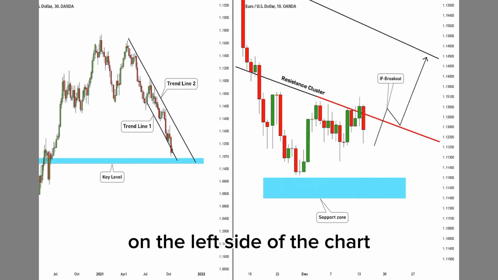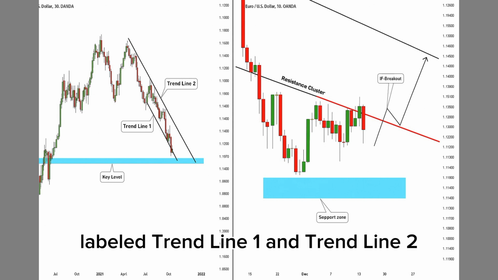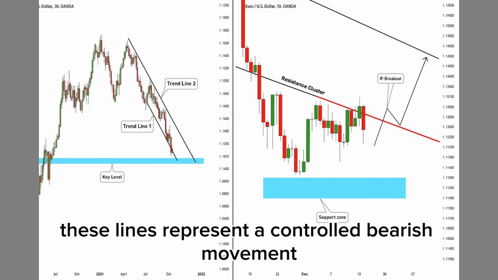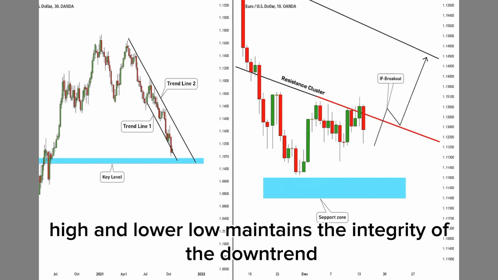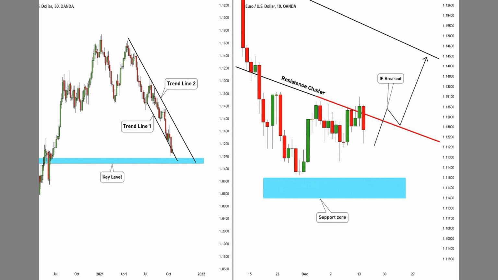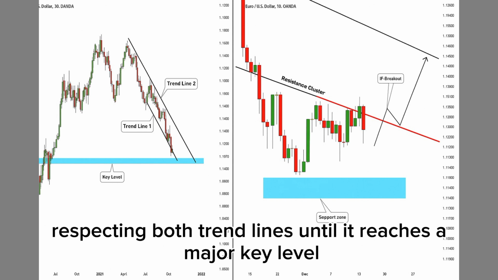On the left side of the chart, you can see a clear downward channel formed by two major trend lines, labeled Trend Line 1 and Trend Line 2. These lines represent a controlled bearish movement where each lower high and lower low maintains the integrity of the downtrend. The market is moving in a structured way, respecting both trend lines until it reaches a major key level, shown